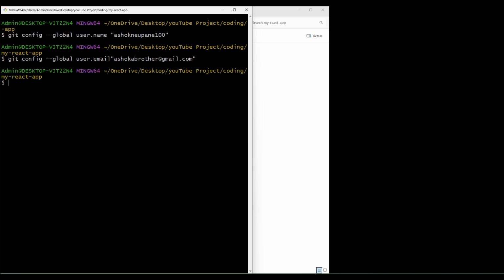Sometimes they need the password also. At the first time you can provide the password there, and later you can simply run some commands.